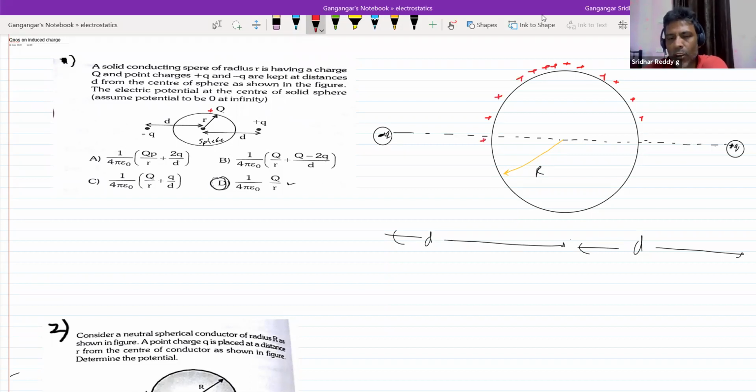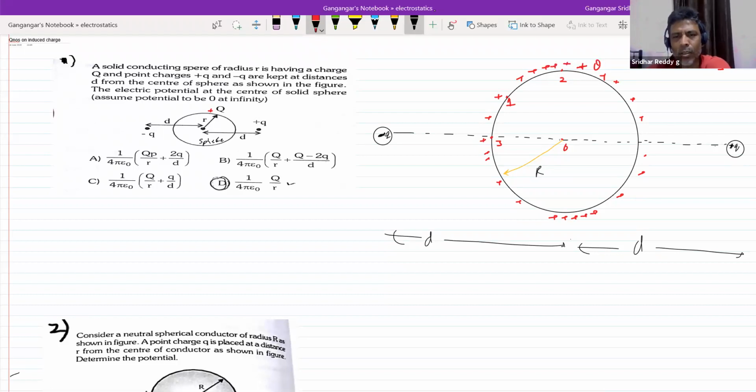Actually, not needed, but so that you'll understand, that's why I'm showing it here. So if you calculate at points 1, 2, and 3, sigma 1 is not equal to sigma 2 is not equal to sigma 3. This is good information, really very good if they ask so many MCQs. So there's a point 2. Let me take it. So what is the total charge? That is plus Q, which will be a non-uniform charge distribution. It is asking potential at point 2.